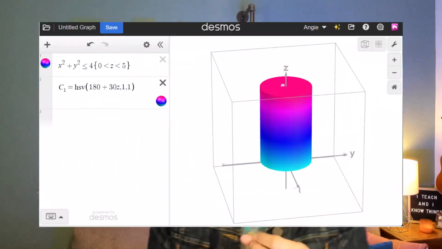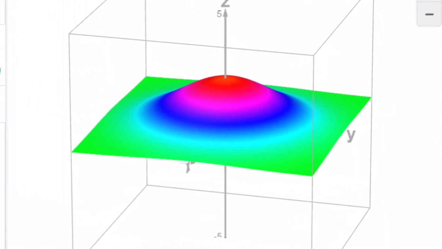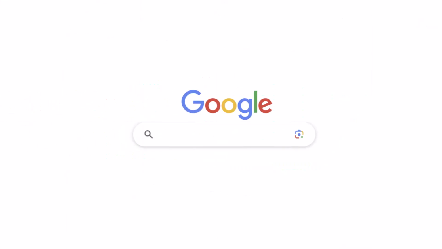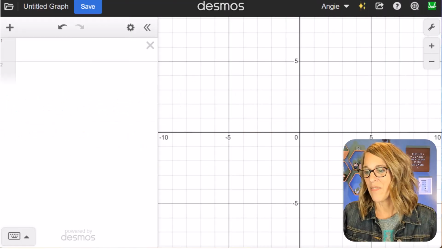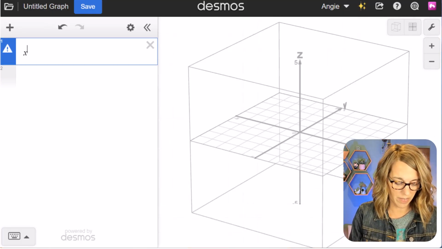Let's get some custom colors into our Desmos 3D projects, including gradients and heat maps. We'll go to desmos.com/3D to get started. Let's go ahead and start off with a cylinder, and I'm gonna do x squared plus